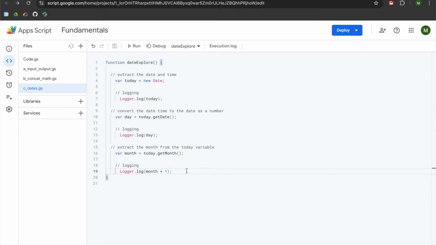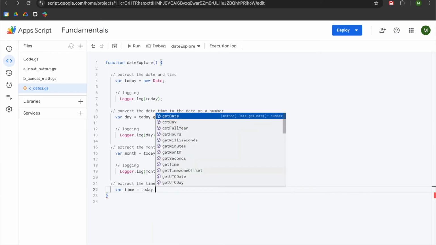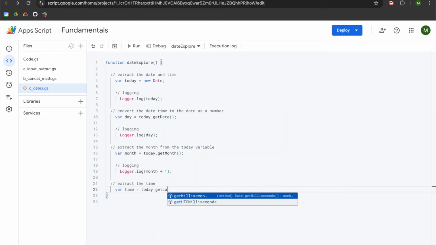So in addition to the month and day, if you want to, you can also extract the time. So I'm going to hit enter twice, left arrow on the keyboard 4 times. I'm going to add 2 slashes for a comment, and now I will extract the time. So I'll hit enter and tab. I'll declare a variable called time, and I will set that equal to today dot, and then I can get the local,